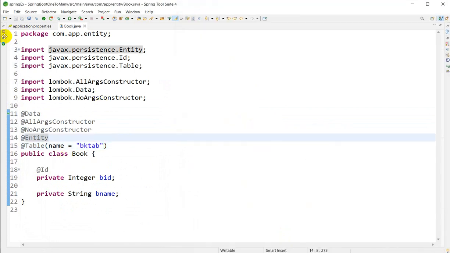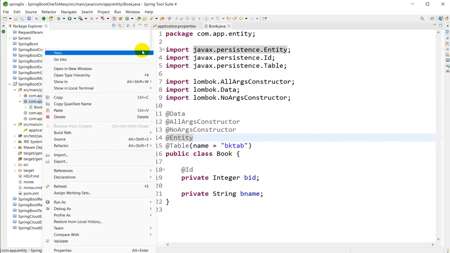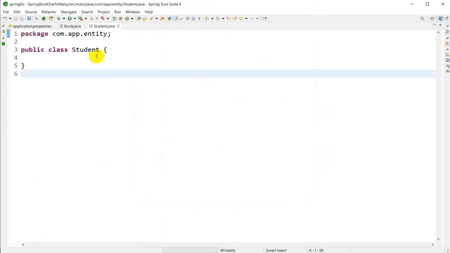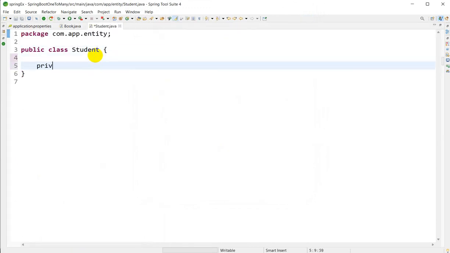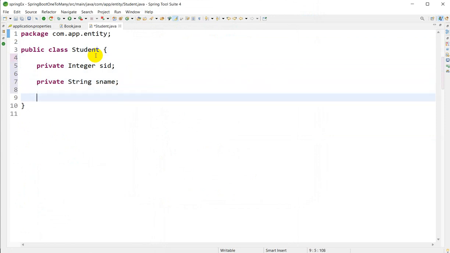One class is defined. Now it's time to go for the second class. So right click on this entity package, go to the new, go to the class. Here we have to create one class called Student, right? Here we have to create private Integer sid, student id, private String sname, student name, right? Now here